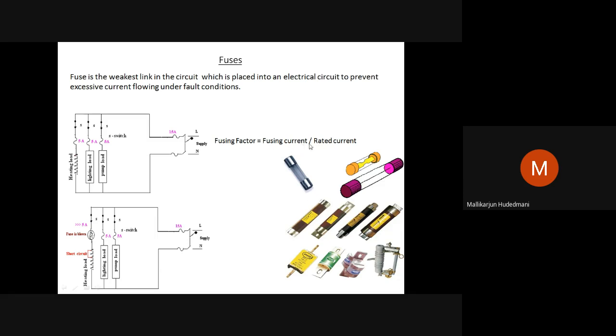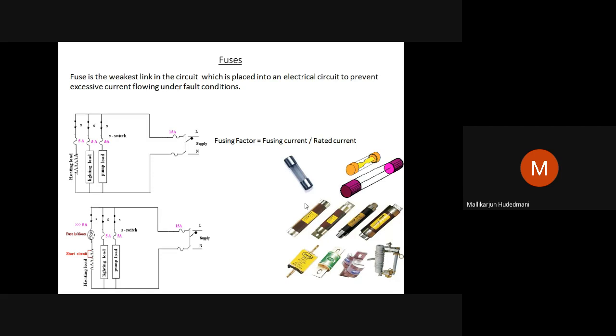Fusing current is just a small incremental additional current over the rated current. When that current rushes through, the element automatically becomes fused, melted. That will open the circuit. So therefore, fusing current is more than the rated current. For example, 2 ampere and an additional minor ampere is set as a permission allowance. When that value of current runs through the wire, I square RT will make it burn. In that way, the fusing current to the rated current gives you the fusing factor.